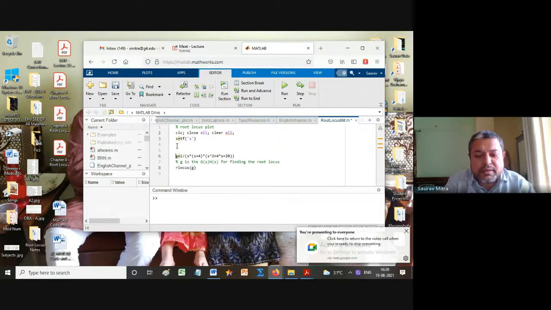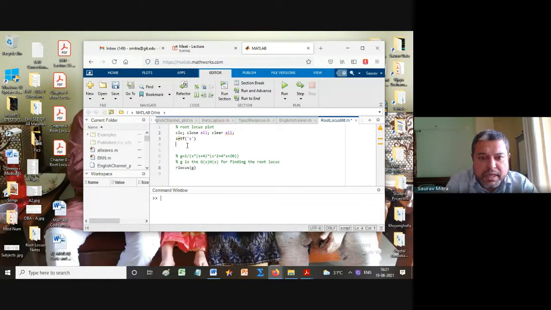What will be the root locus? We will see. Okay, so tell me what was the equation we started with? One very important thing you can see here, the k is not here. So I will do the same numerical. If you have the notes with you, you can cross check.